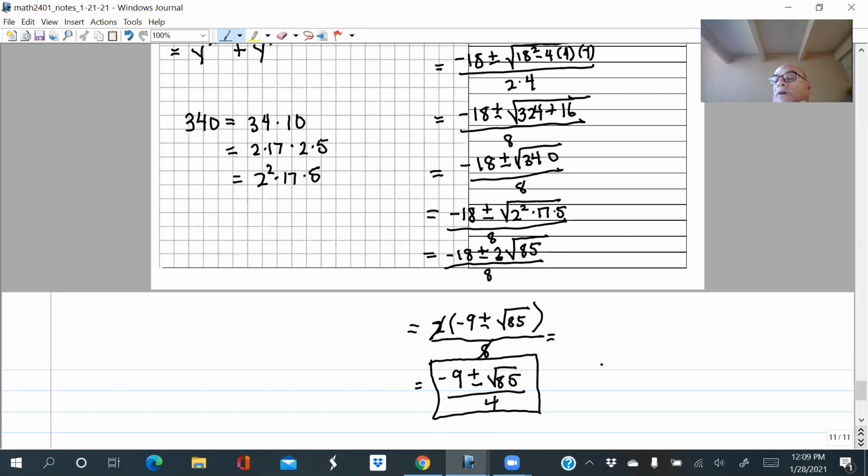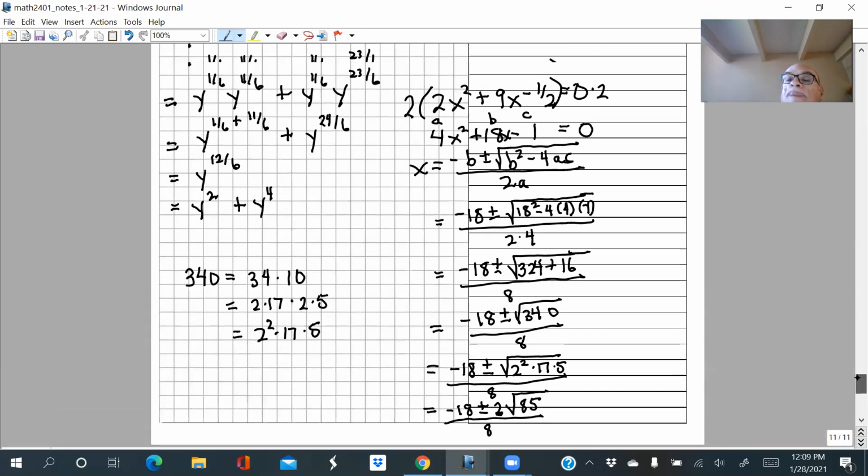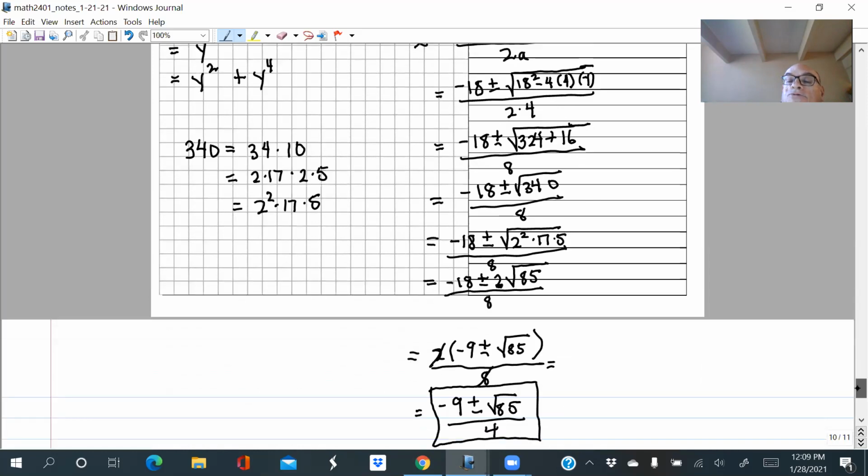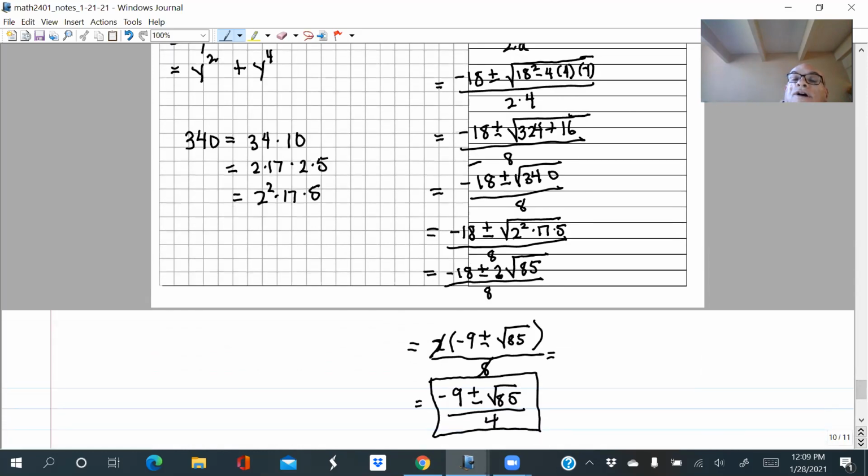Well, that's kind of messy, right? Remember, we really had the two solutions here, but all of this was just trying to simplify by hand the two solutions. All right, so if you were still working on that problem number 21, then maybe you can use this as a guide to help you